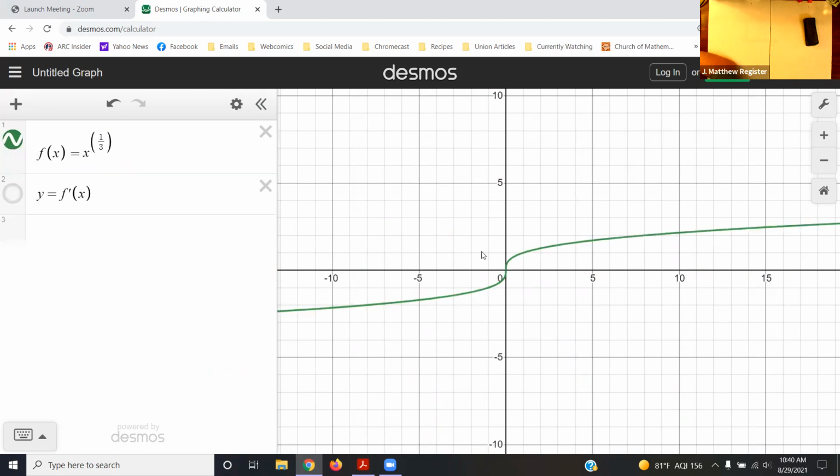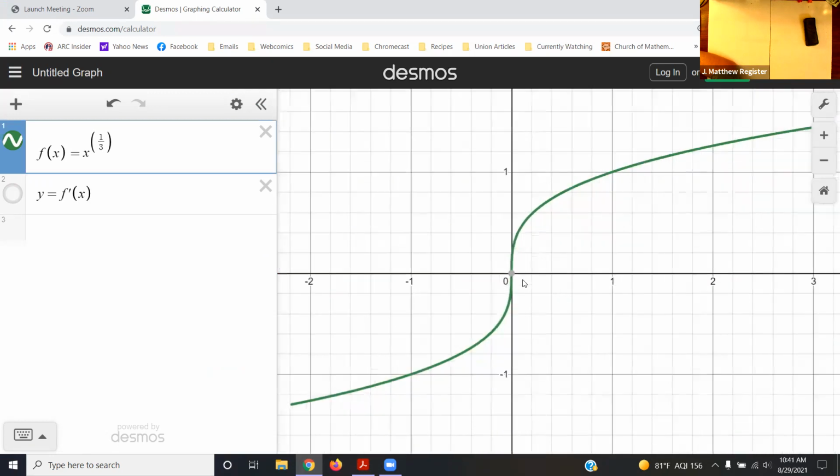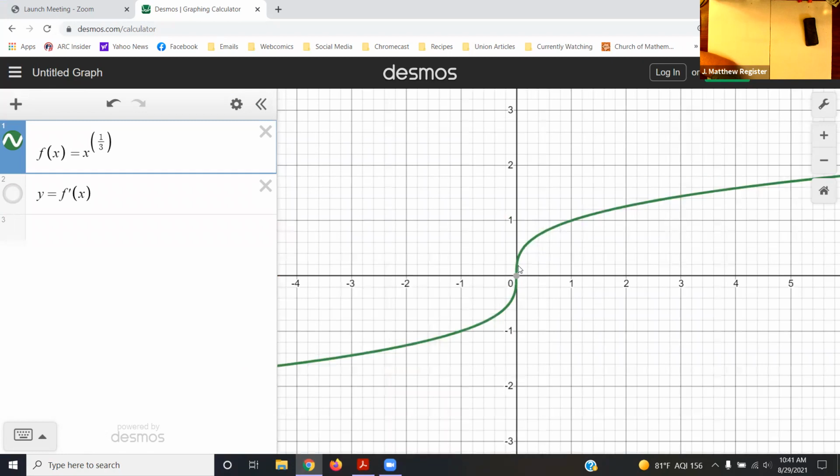This is differentiable everywhere except at this one point, 0, 0. The reason is we're going to be getting a vertical line. I was getting vertical and horizontal mixed up. You'll get a vertical line when you try and calculate the slope, but that would mean we'd be dividing by 0. If we graph this out, we can see that we're going to get a slope which is going off